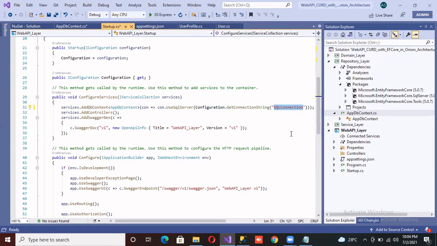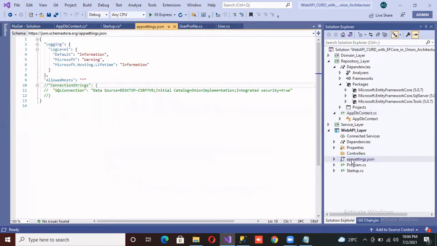Here is a SQL connection string, which is declared inside the appsettings. Now here's our connection string, which is declared in the appsettings.